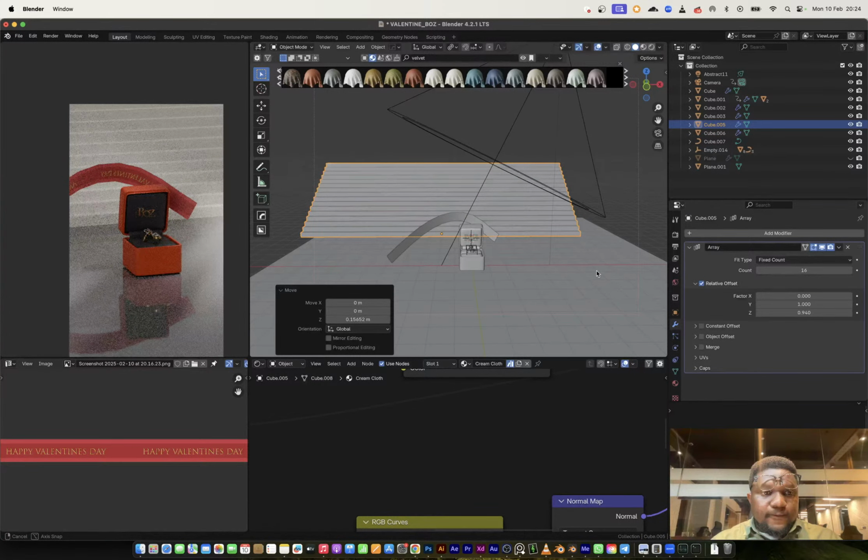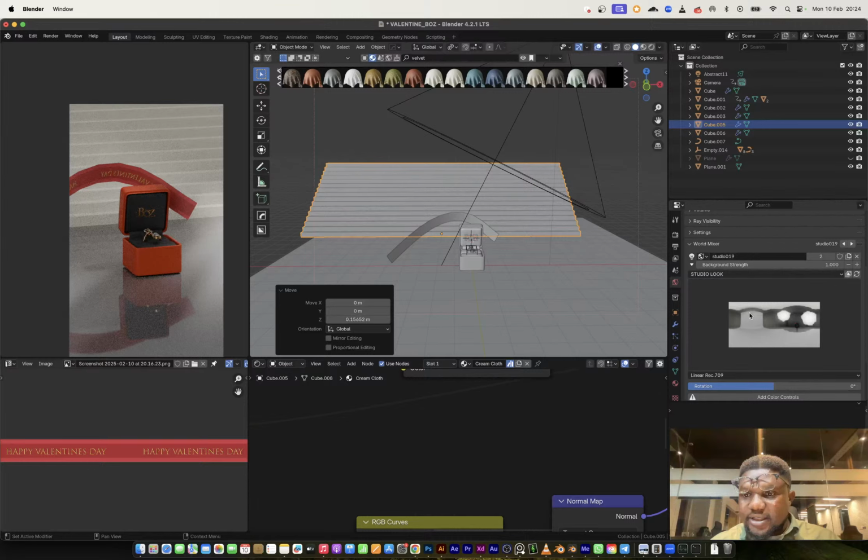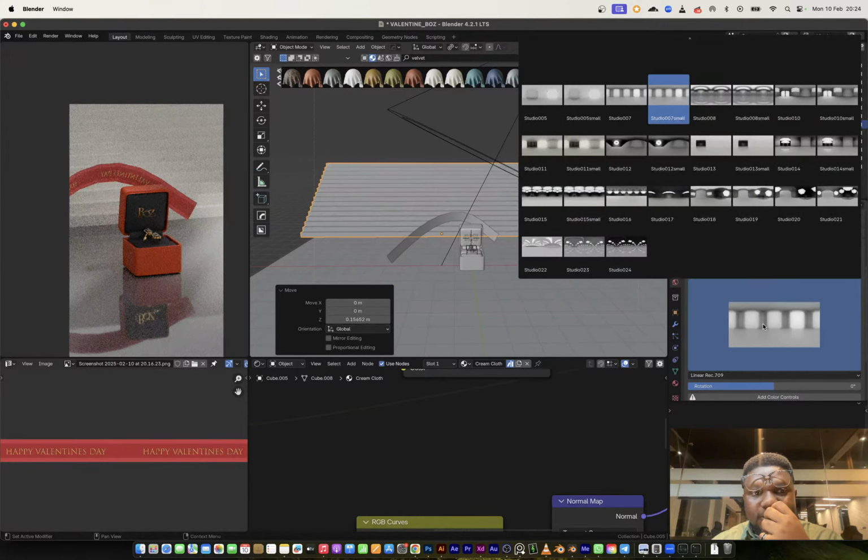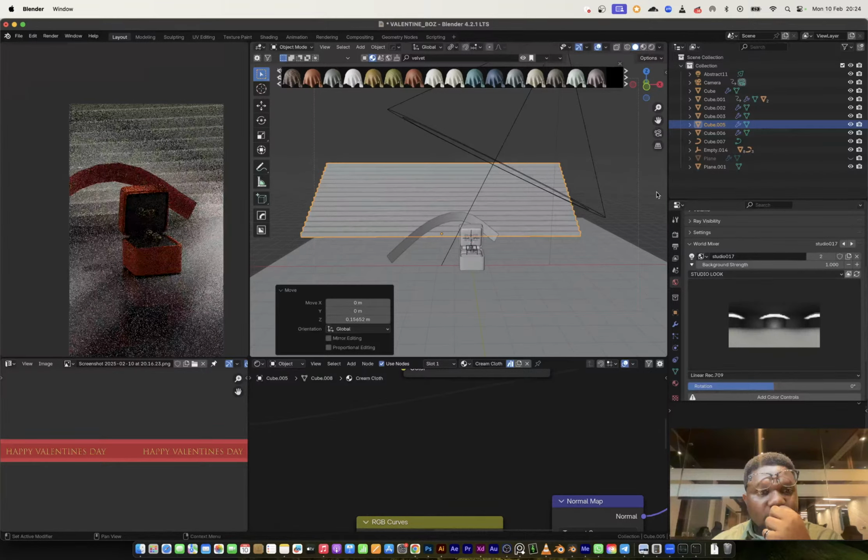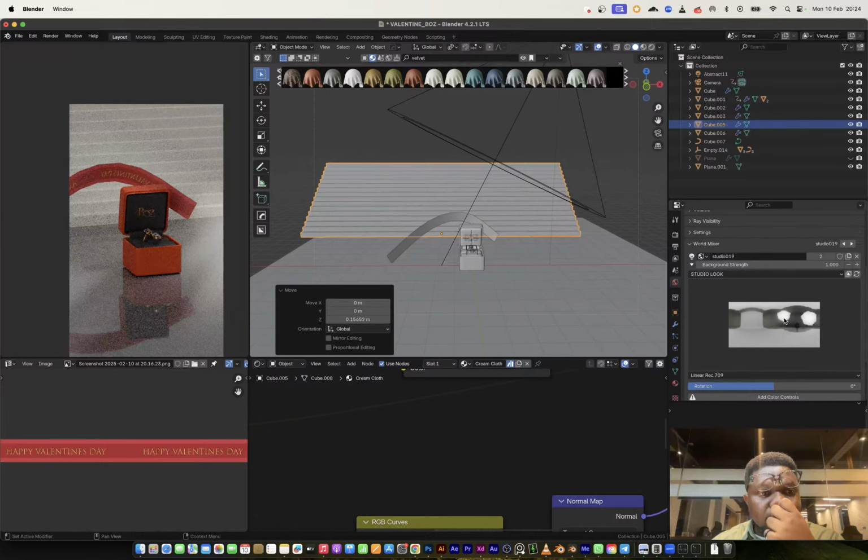Then I probably want to treat the HDRI a bit more. Start looking for something that would work, something that will play to our advantage. Okay, so let me just save this and let me render an image and just see what that looks like.